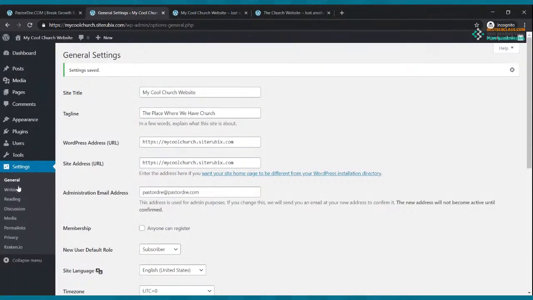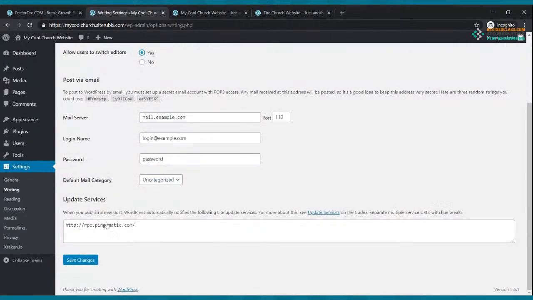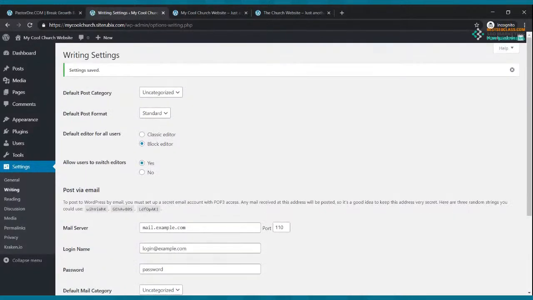Next, I want you to go to settings and click writing. I want you to do me a favor. Go ahead and click where it says block editor. Where it says allow users to switch editors, click yes. Tick yes, and then click save changes. Okay. All right. Next thing I want you to do is go where it says appearance,